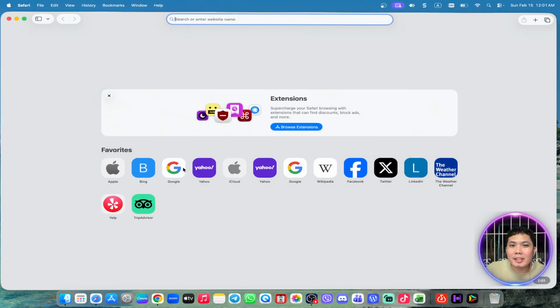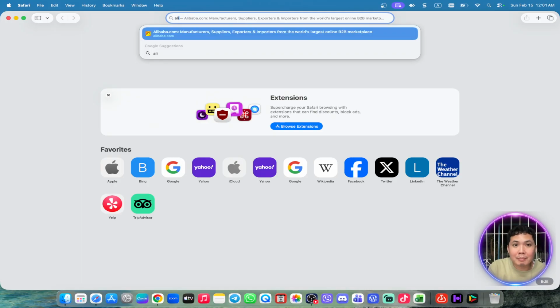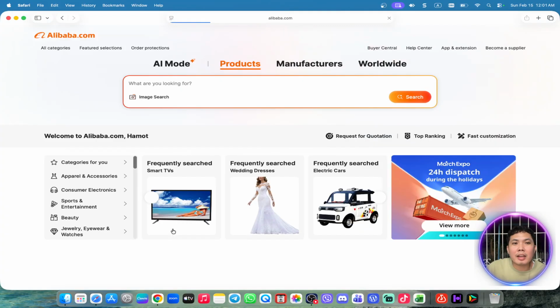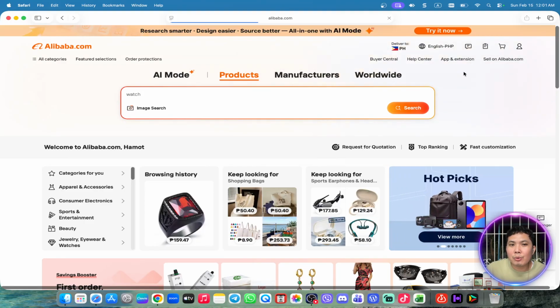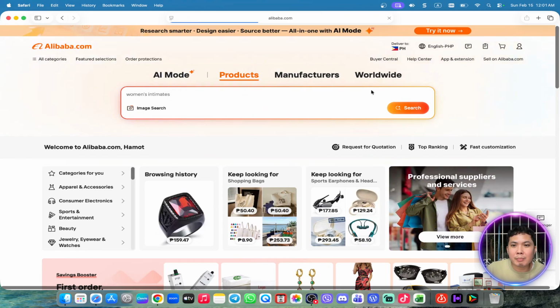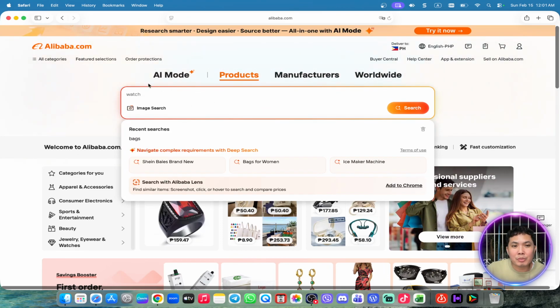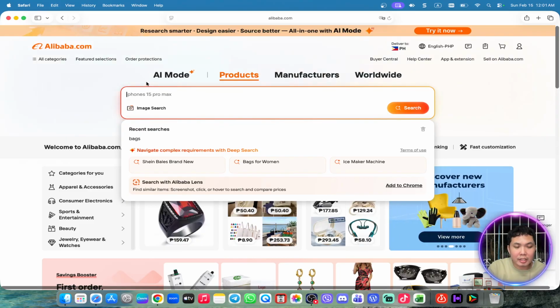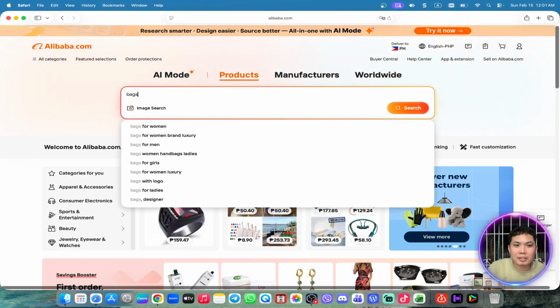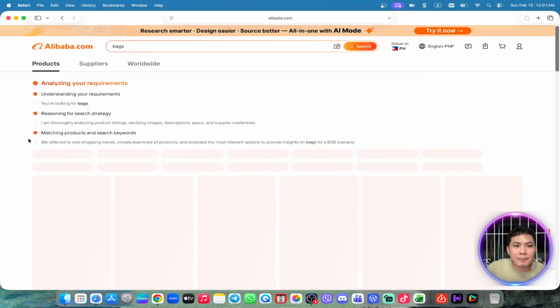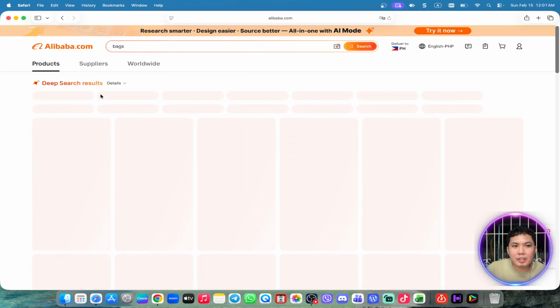So what we're gonna do is of course go to the Alibaba website. And after that, you need to create an account or log in if you already have an account on Alibaba. So the next thing you need to do is, as you can see here on this box, you can put specific products you want to order. Let's say you want to order bags, so you just have to hit enter, and it will show you